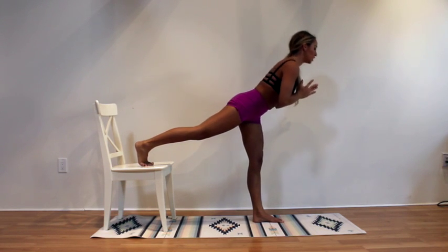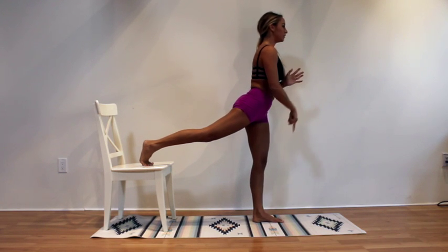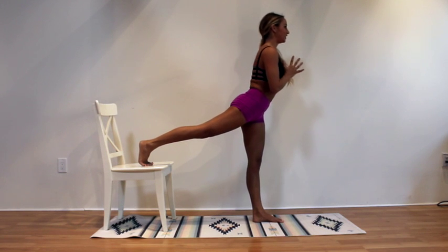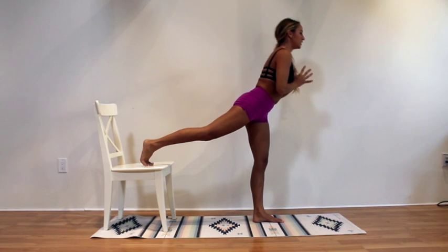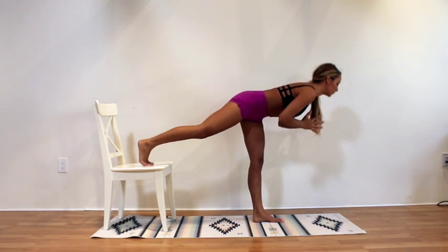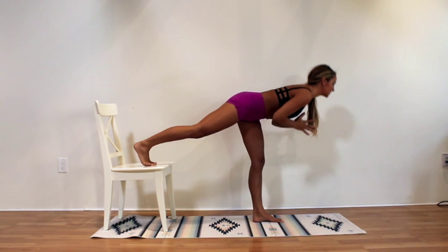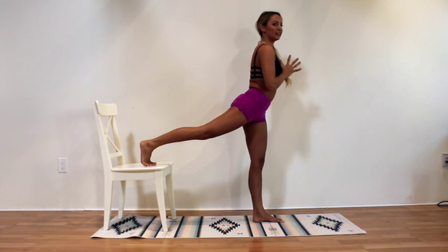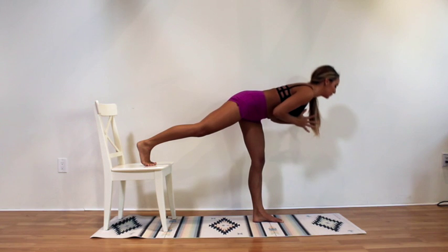that way. We're just going to lower down here like this for 20. And lifting up. Grounding through your big toe, that left big toe. Good. 19 and up. 18 and up. You should feel that hamstring firing up like crazy, even just on the first few reps. 17. Also using that back leg for assistance. 16 and 15. Good. 14 and 13